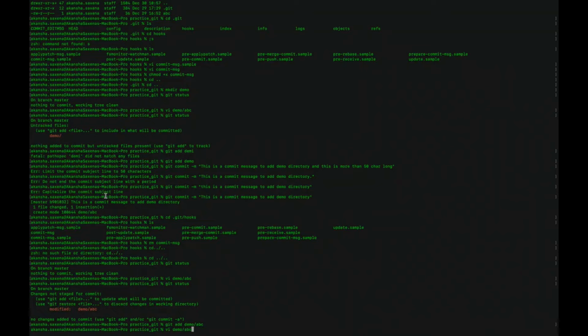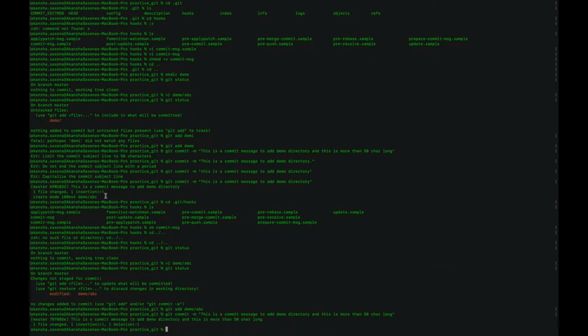So I'll simply try to add the same commit. Let's see what it will do. It will take my message, so it is not throwing the error. Yeah, this way we can run our custom scripts to solve our day-to-day problems or to validate against something.